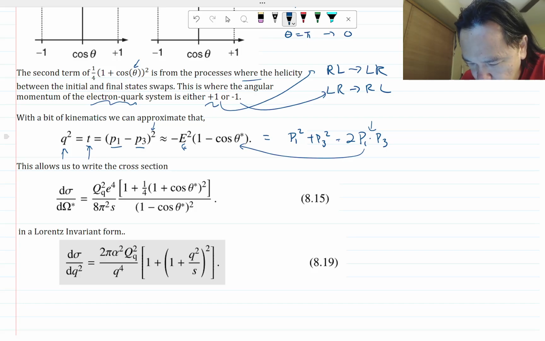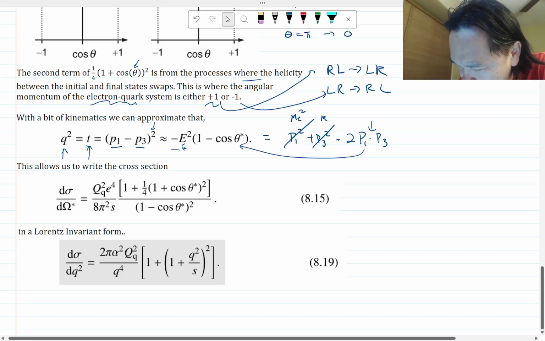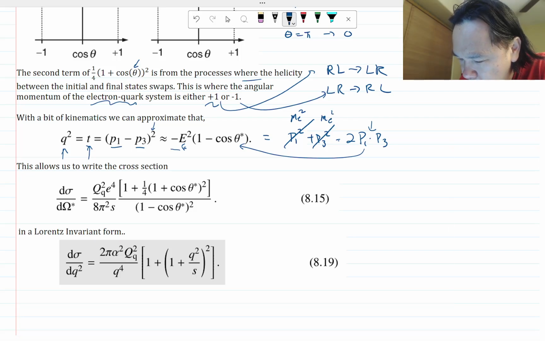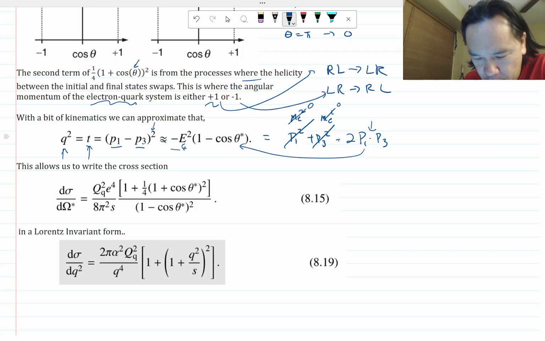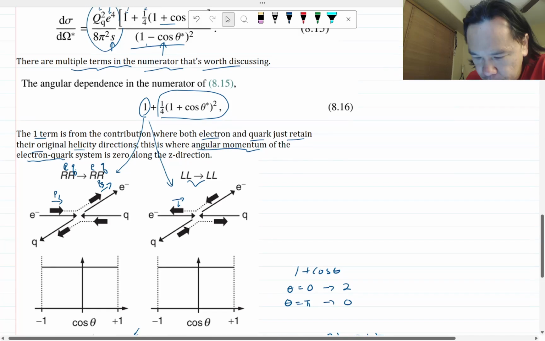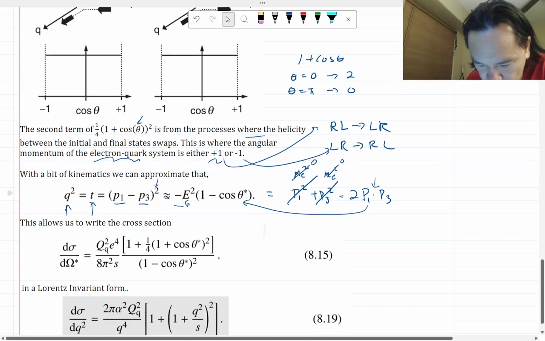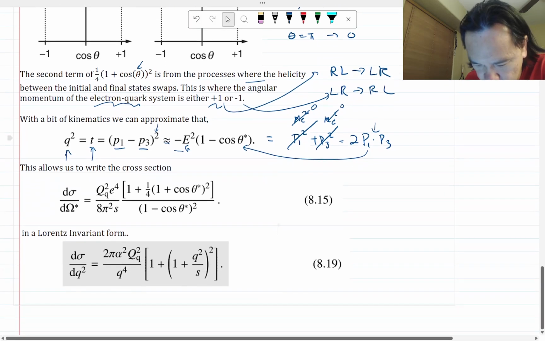So q squared is basically going to be, well, what was the point of this? This is the mass of the electron squared. This is the mass of the quarks. But actually, this is still the electron squared. Since these are pretty small, you can just approximate them to be 0. And therefore, we can write the cross section up top here